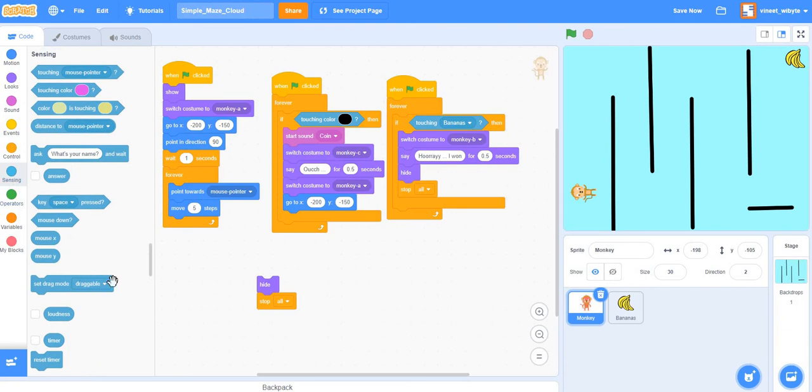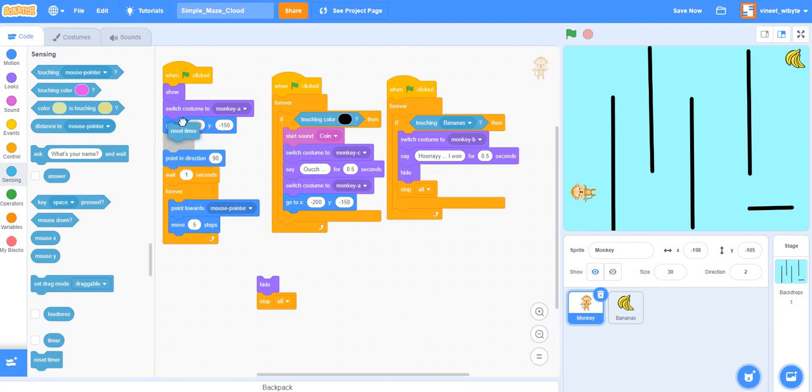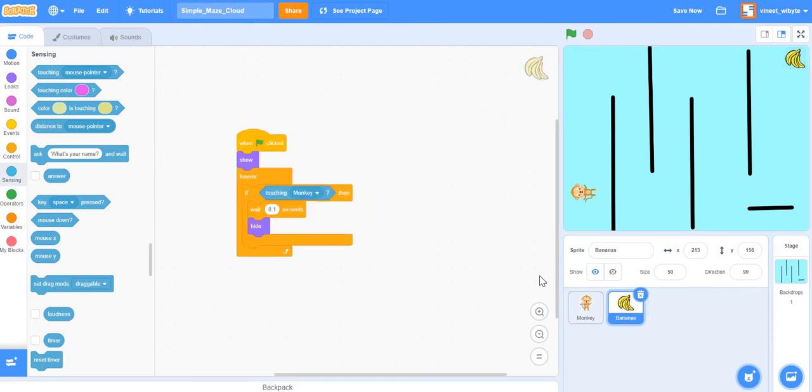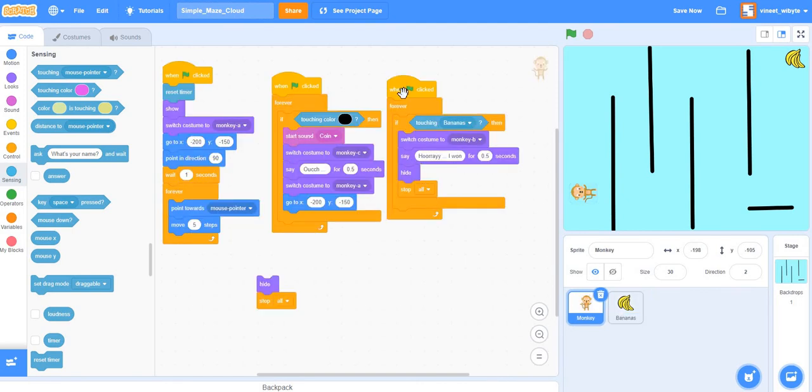So we are going to use this timer right now. Timer, remember, is an endless clock. It never stops, but we can reset it. So what I can do is reset the timer in the beginning. When I click the flag, I reset the timer. When the monkey goes and touches the banana, instead of